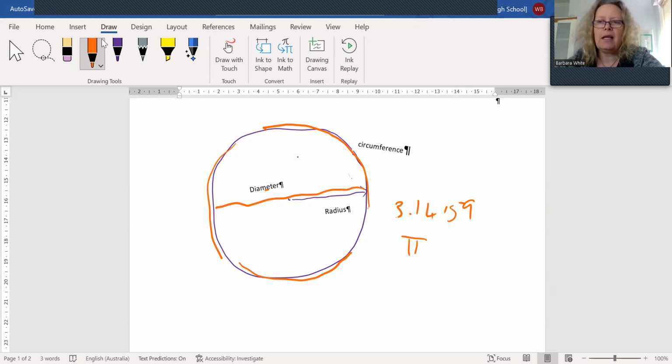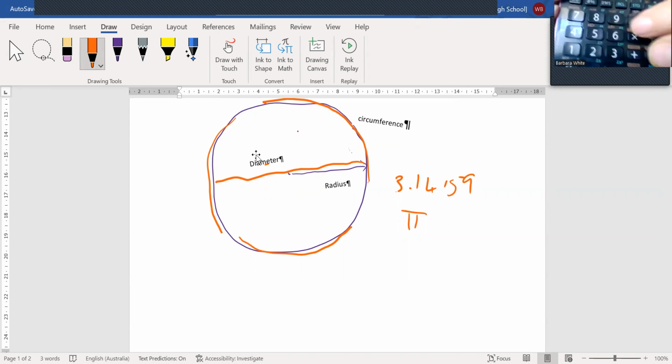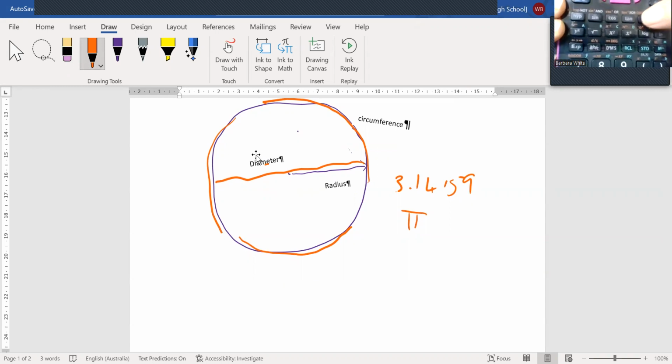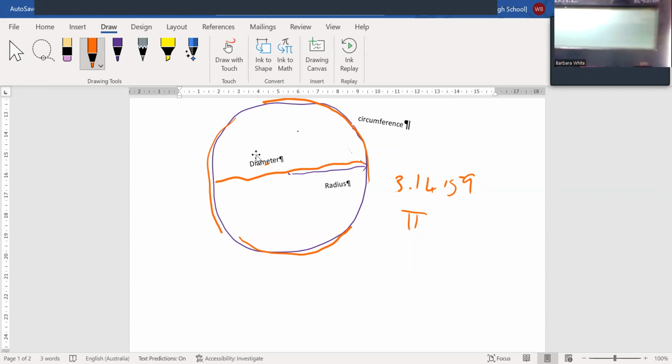Right, so it's just a number like any other number, and it is the number of times that the diameter of a circle will go around the outside. So to find the circumference of a circle, you just grab the diameter, times it by pi, and you use it like any other number button on your calculator. So on your calculator, you just go, the diameter was 6, 6 times pi equals, and I didn't turn the calculator on first, but you would have got an answer. All right, so pi equals,